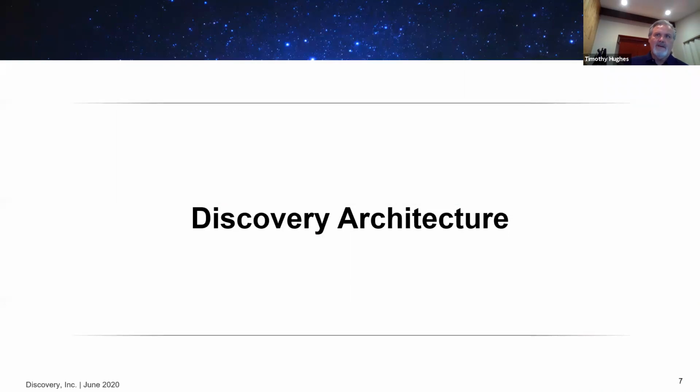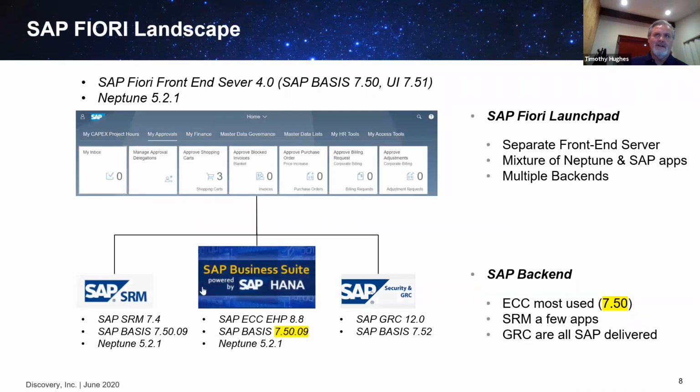Just a quick piece about our architecture. We have what SAP once defined as the right way to do this, a Fiori Launchpad hub approach. I believe they've now said with S4 not to do that, but we have a hub approach, which is a separate front-end server with a mixture of Neptune and SAP apps and multiple backends. Our front-end server is running Fiori Front-End Server 4.0. That's currently in the middle of an upgrade, but that's basis 7.5 and UI version 7.51,